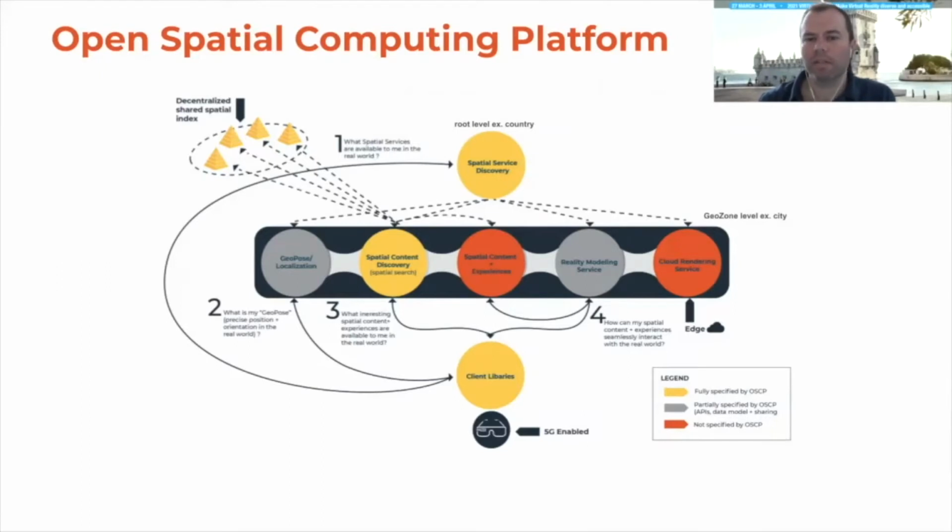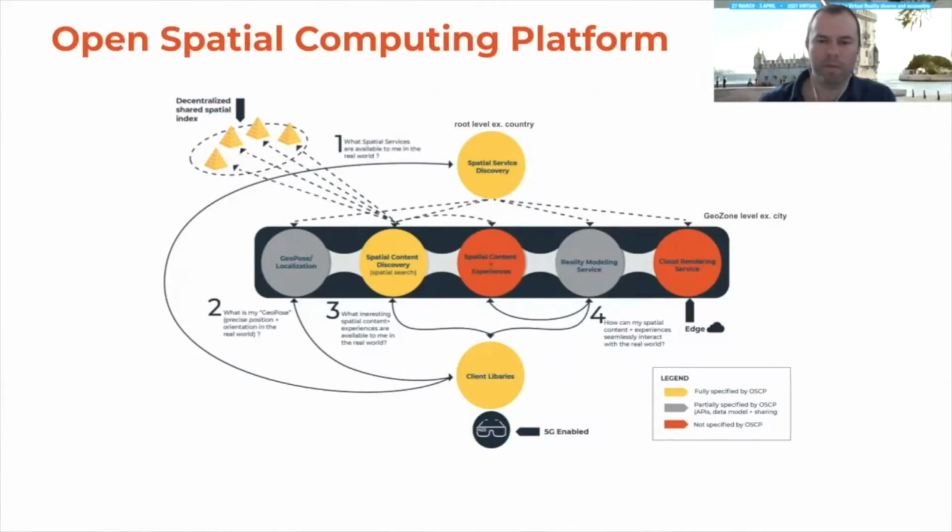Once we've discovered which services are available, we move on to the next step, which is finding our Geopos. Geopos is really an accurate representation of our position and orientation in a common real-world coordinate system.